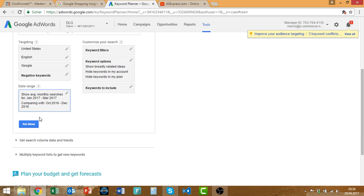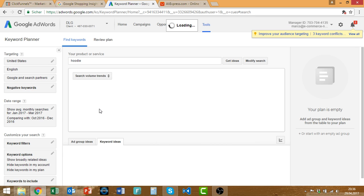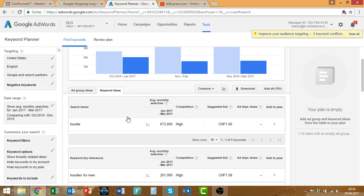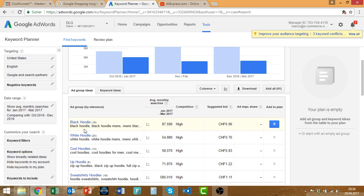So if we do this now and we only use English and Google United States, we can also use Google and Search Partners actually. And now we click on Get Ideas. And what this shows us now is the average monthly searches in the last 3 months compared to the 3 months previously. And if we now go to Add Group Ideas, Google structures certain types of, in this case, hoodies,